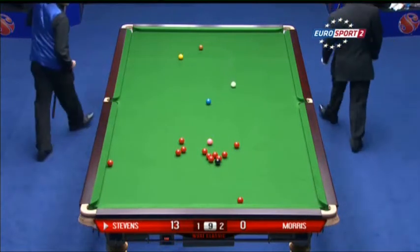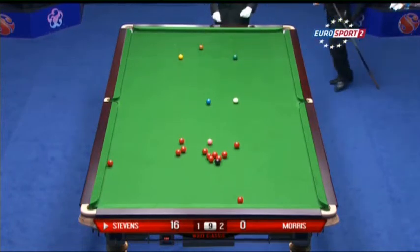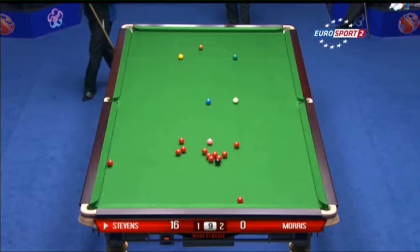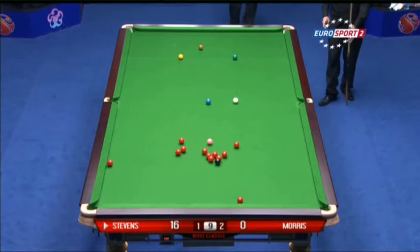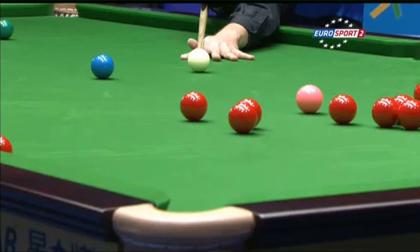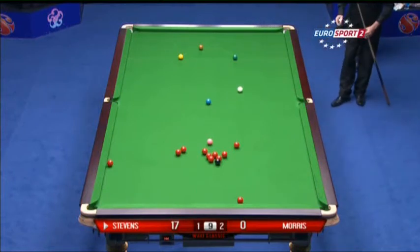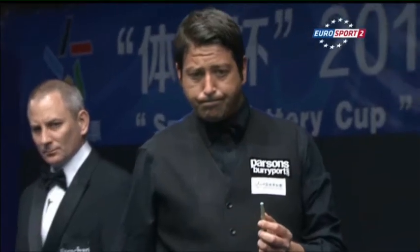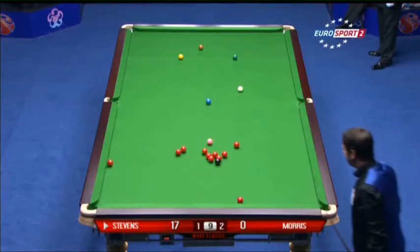Coming back to the tables as well, Phil, with the heat underneath and everything drying out, it's a constant brushing and ironing as well. It's like just nipping the greens at Augusta, isn't it? Yes, we talked about how responsive these cloths are, where conditions are at the optimum, and that's just how the modern players like it. Well, just look at that. He's hardly struck that. Beautiful stroke on the ball, and that's what the boys like to do. They like to get through the cue ball with minimum effort